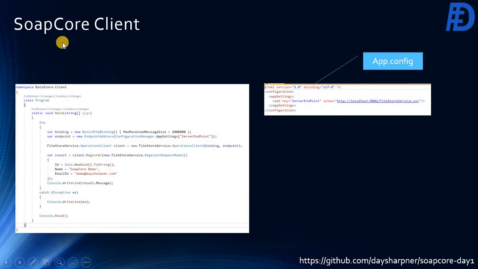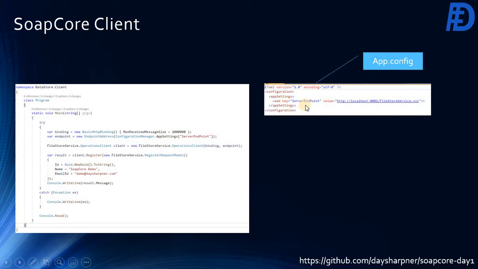The SOAP core client has the same implementation; it's quite similar to the WCF client. In this one also, we have to add a service reference to our client application. Here you have to give your binding and endpoints to your client, and then you can call the method as is.